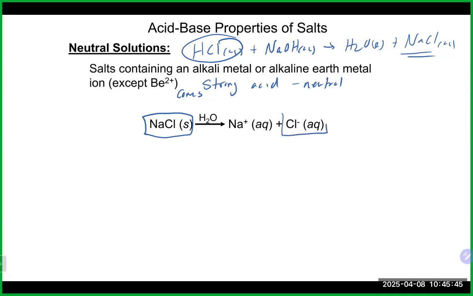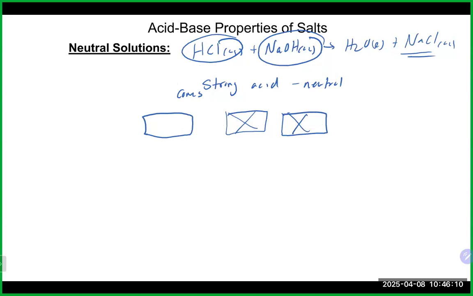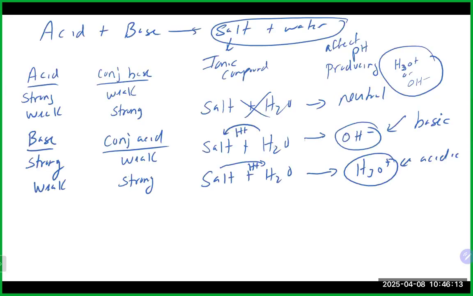That means the Cl minus that came from the strong acid is going to be neutral. It's basically not going to continue on and do any type of hydrolysis reaction, which is the reaction with water. If you think about the sodium, it most likely came from sodium hydroxide, which is group 1 and a strong base, also not going to go through hydrolysis and react with water. And that's basically what